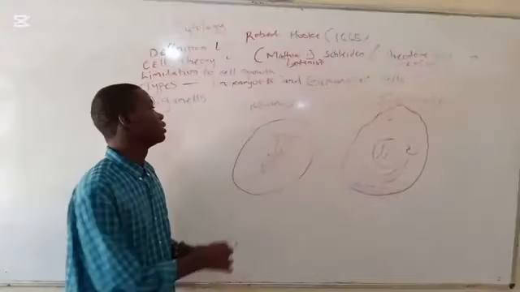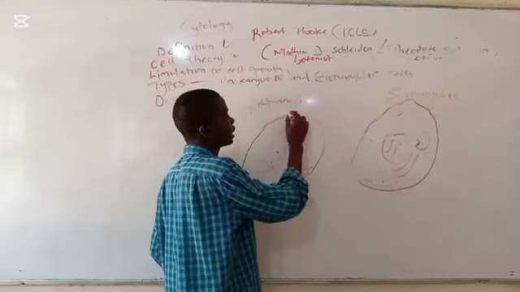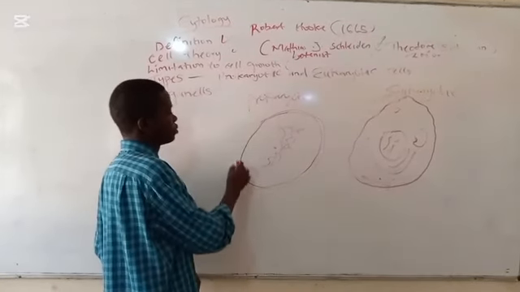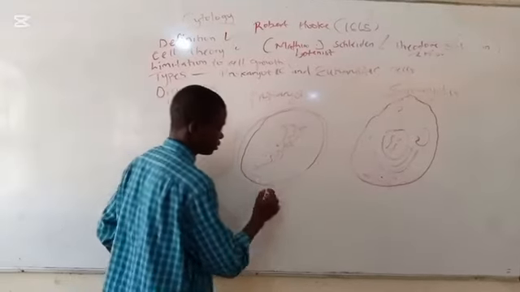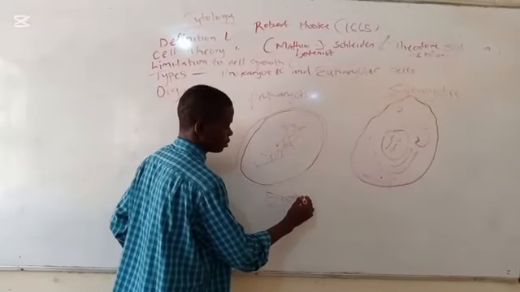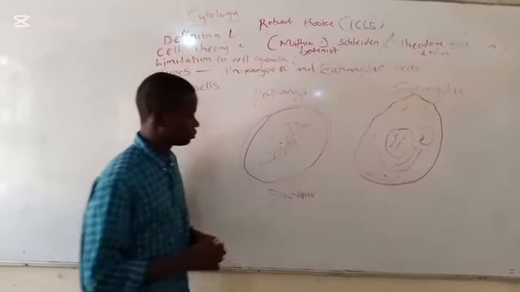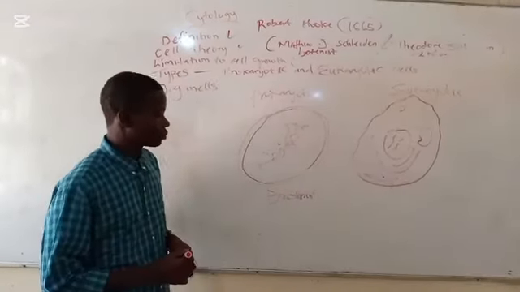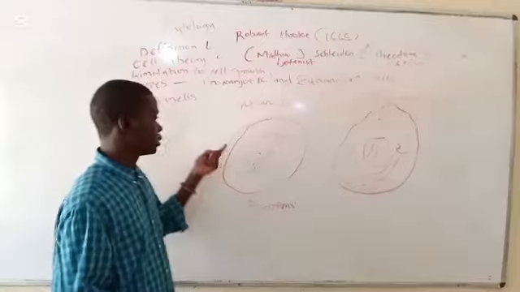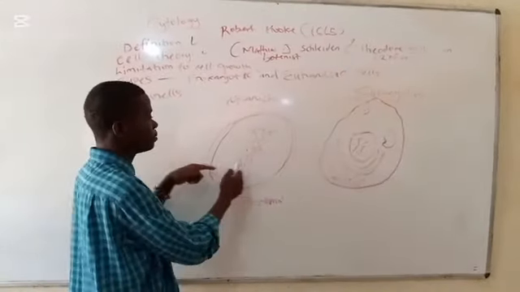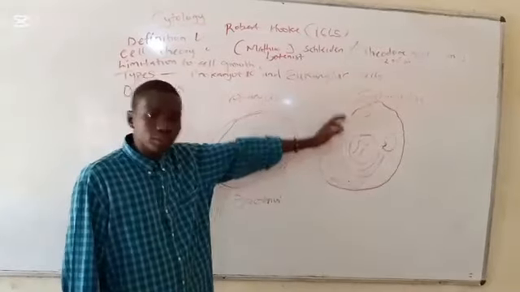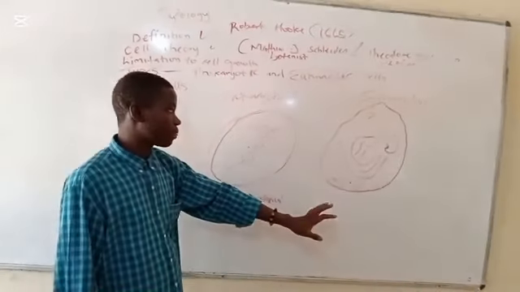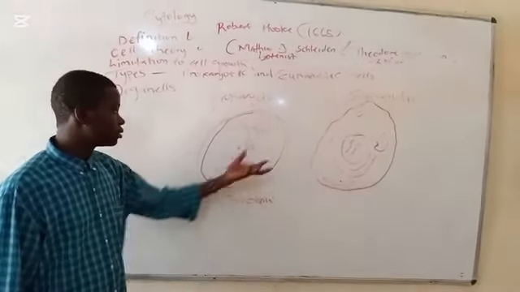And to add to it, they possess what we call a cell wall. So there is a cell wall. In the case of a bacteria, let me be specific, bacteria, they possess a cell wall, then a cell membrane. So in similarities, you can see that we have a cell membrane, cell membrane. But again, in the case of plants, plants also possess a cell wall. And that is that about the types of cells.